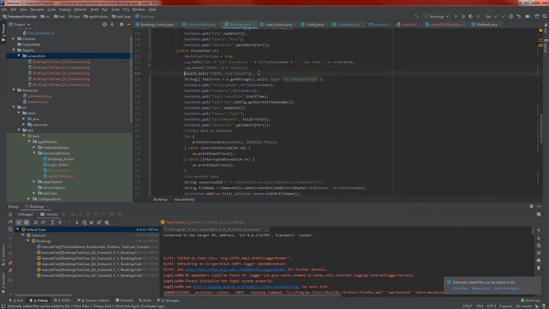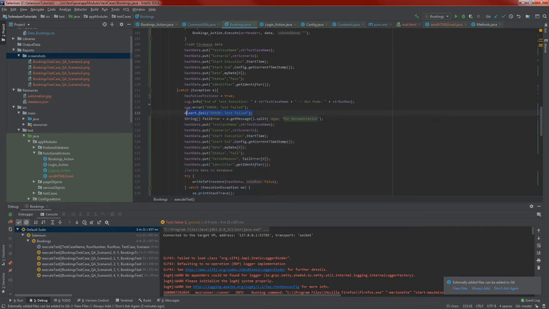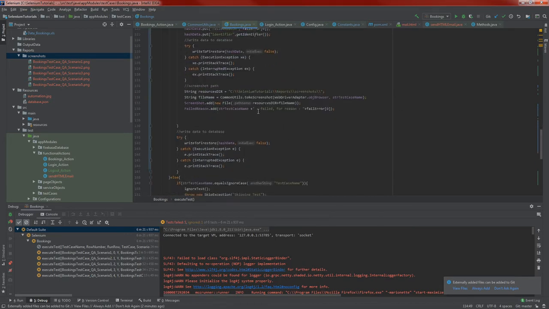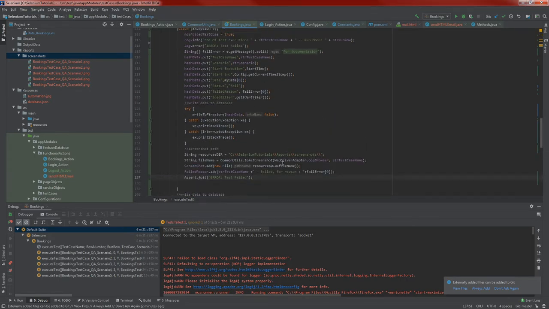So when you have your assert fail here, these will not execute because it will automatically fail the test and then it will start a new execution. So just take this out of here and place it in here at the end of everything else. And another thing is, like I told you,